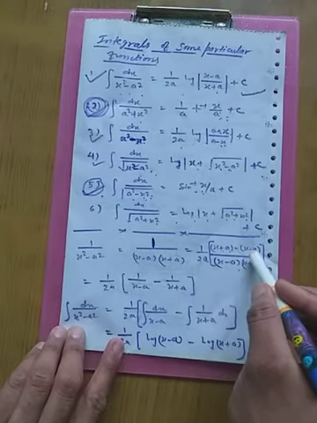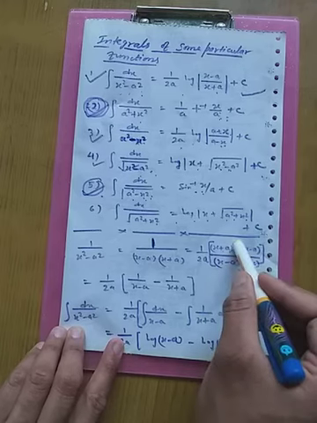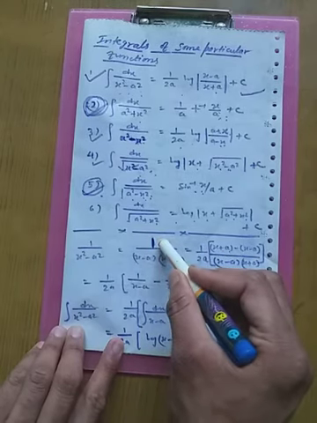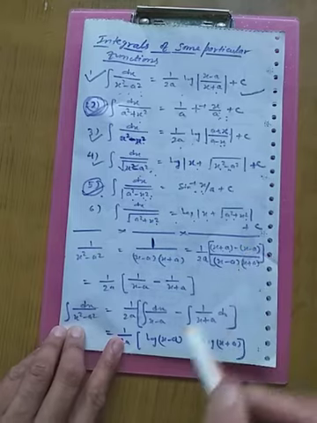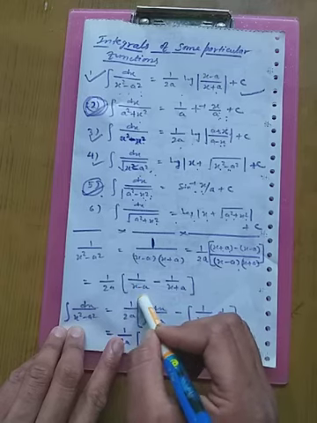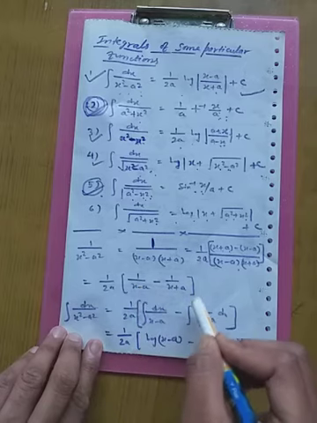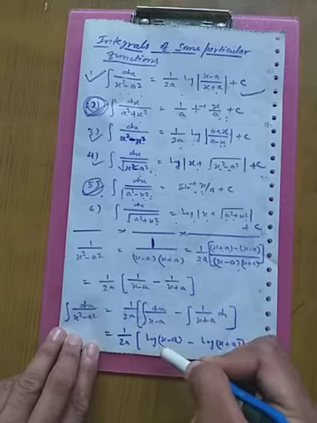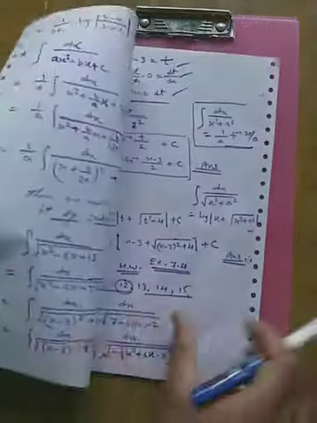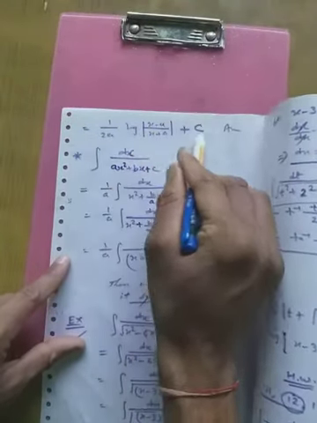So x plus a minus x minus a upon (x minus a) into (x plus a). You are getting 2a here, so you will multiply by 2a also to balance it, because you are modifying this into this. Now you will separate it after dividing by the denominator. You will get 1 upon 2a times 1 upon x minus a minus 1 upon x plus a. Now integrating both sides, we get 1 upon 2a times log of (x minus a) minus log of (x plus a). Log a minus log b equals log of a upon b. So the final answer will be 1 upon 2a log of (x minus a) upon (x plus a) plus c.